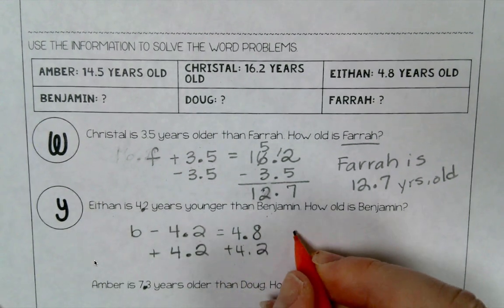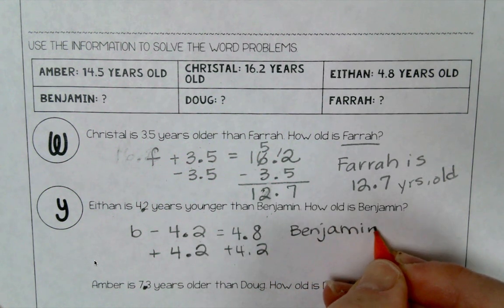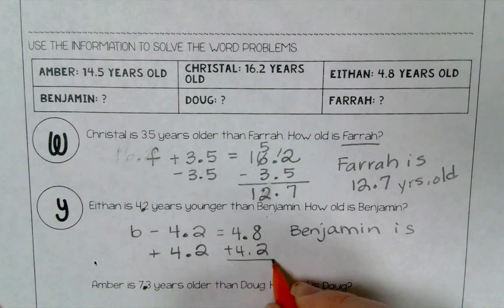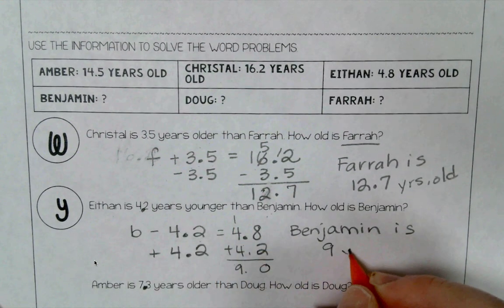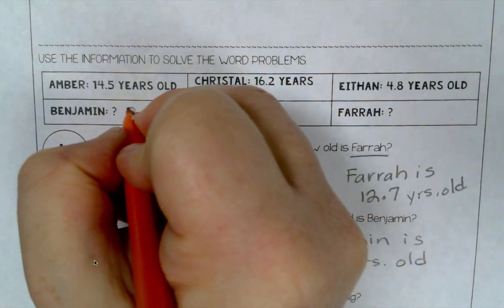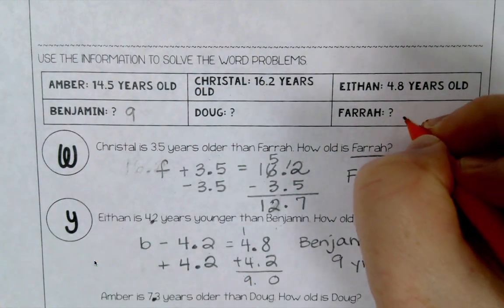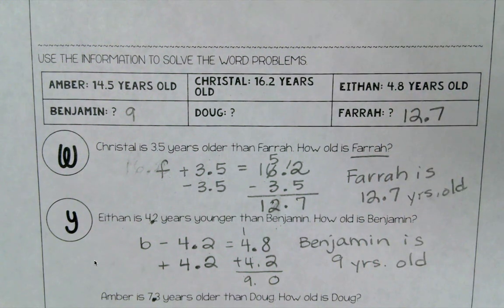And so Benjamin is 9. I guess I should put that up here. Benjamin's 9. Farrah is 12.7. And then Amber is 7.3 years older than Doug. How old is Doug? So Doug